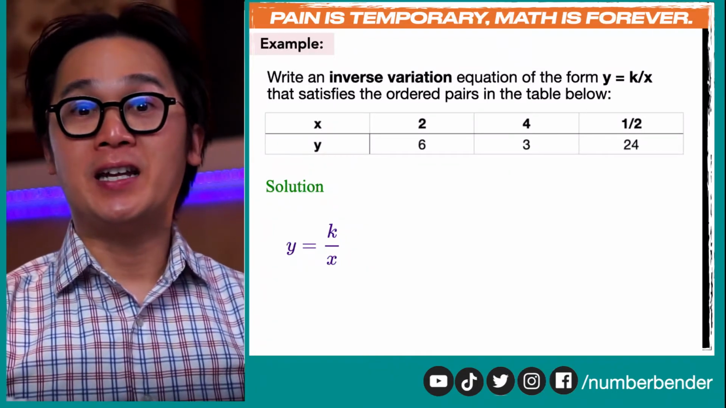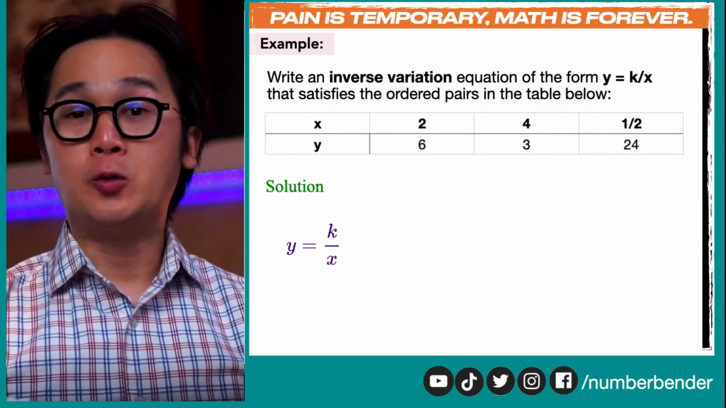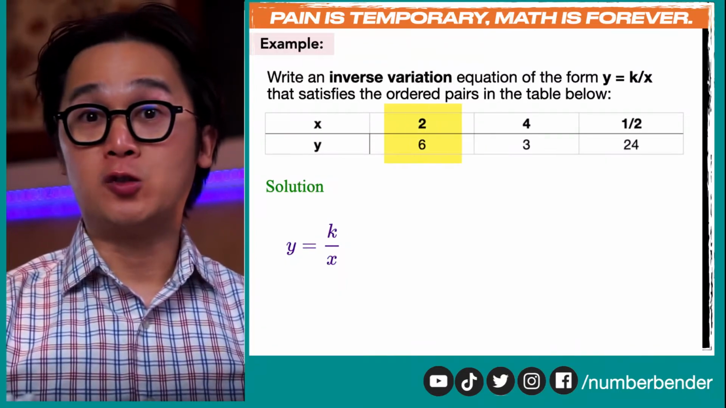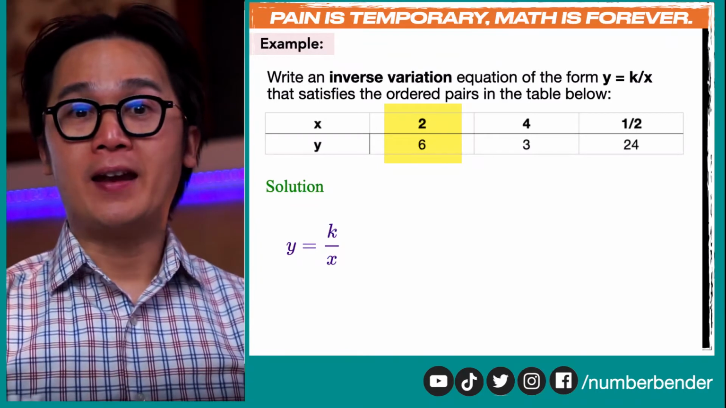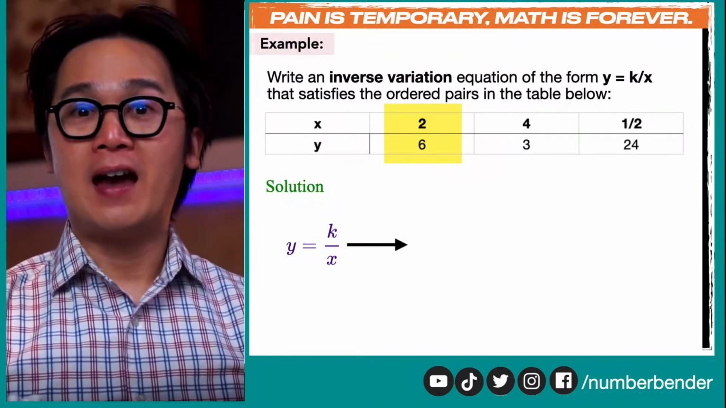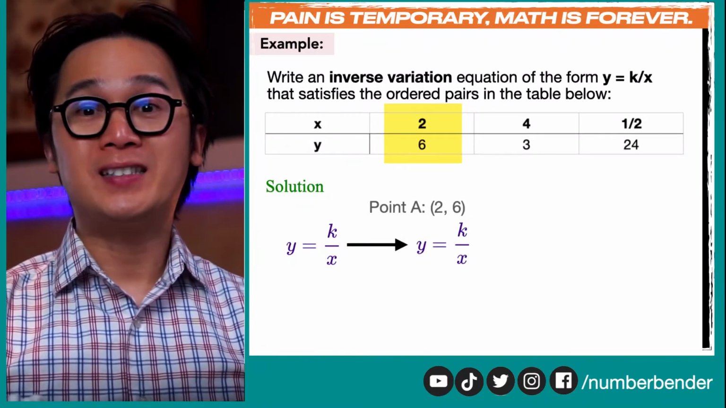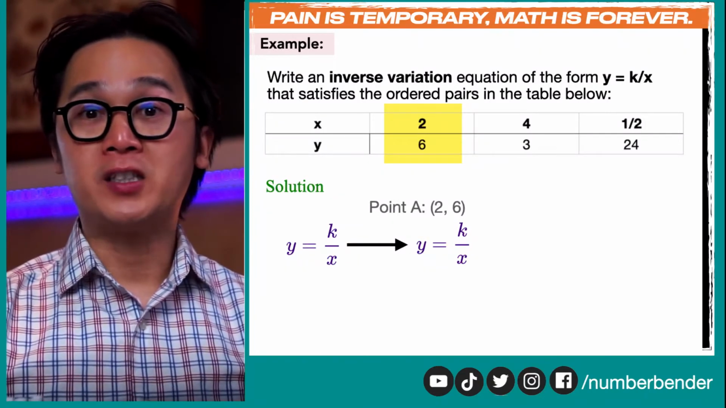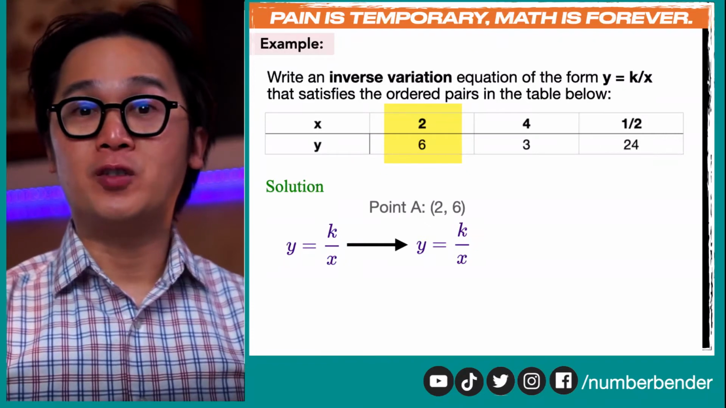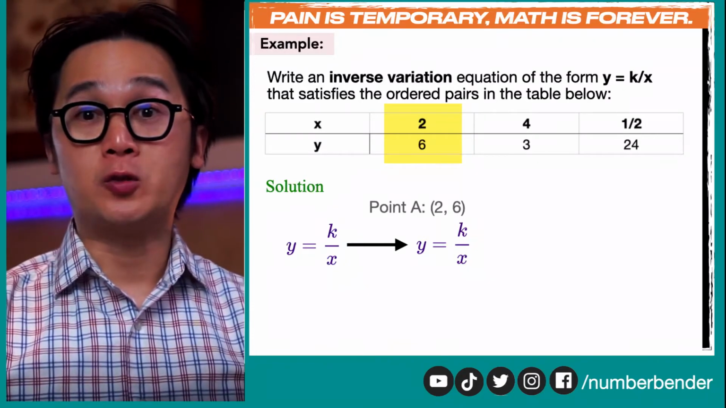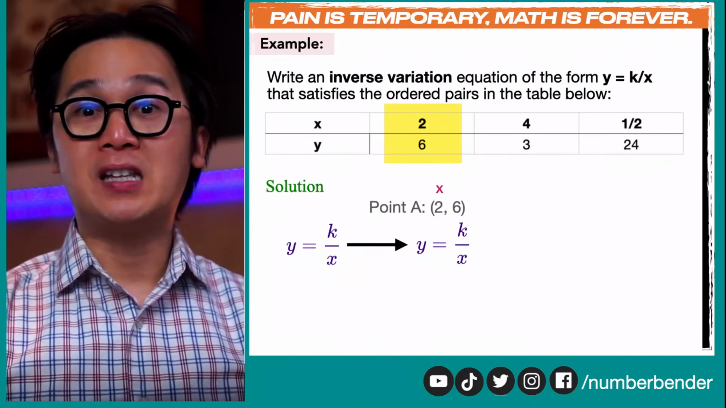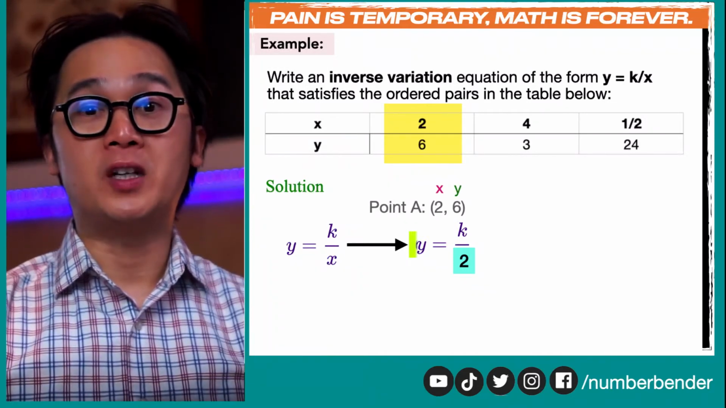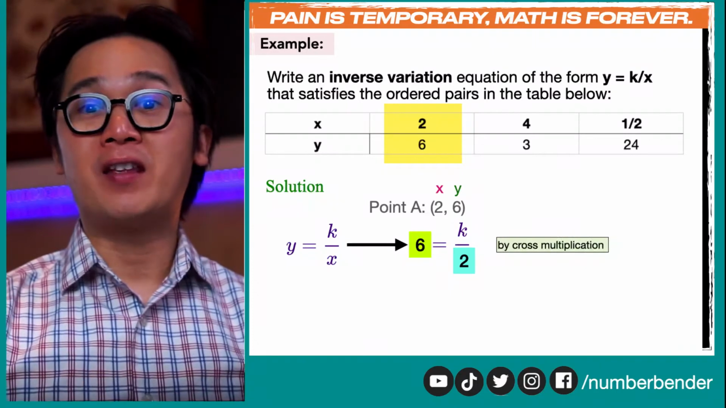So since this is an inverse variation, all we need to do is to pick a point, any of those points. I'll just choose the first one, which is (2, 6). In this case, I know that my point 2 and 6 represent x and y in my equation. So using the inverse variation formula y equal to k all over x, I will replace the value of x, which is 2, and replace the value of y, which is 6, so I can find the value of k